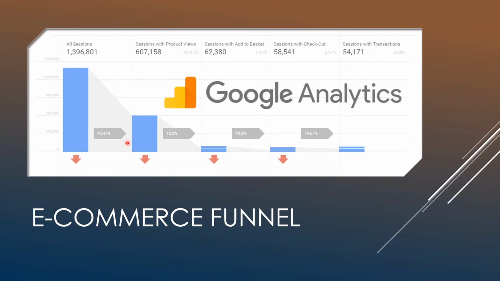And you can then figure out the drop-off rate over here and try to improve areas where you think there is a pretty high drop-off, or try to make sure that maximum people go through this funnel and then convert. And if you don't know these numbers, that's where the problem is. And it goes back to our very first slide, that is setting clear marketing goals and objectives and focusing on micro conversions. So the Google Analytics e-commerce funnel is something that you should take a look at.